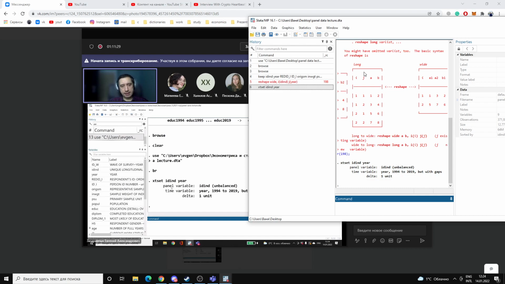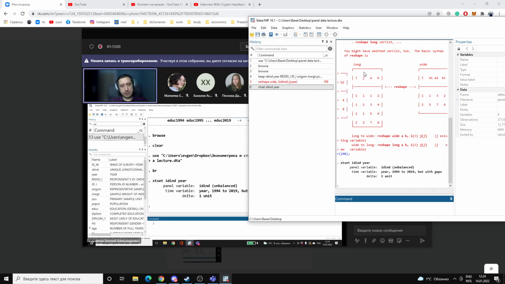That's it. And look, the output of this command is also pretty interesting. First of all, it says what our individual level variable is. It is ID_IND, and here it tells whether our panel is balanced or unbalanced. Look, it shows that our panel is unbalanced, and it is a way to check whether our panel is unbalanced or balanced. Next, it shows a time dimension and whether there are some gaps. We have gaps. And what is delta? Well,